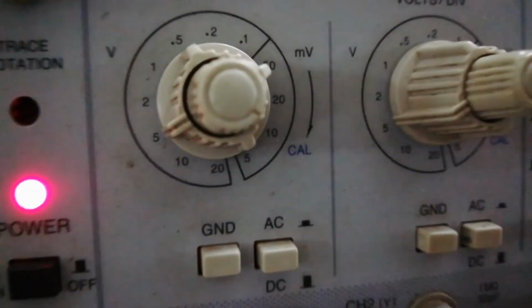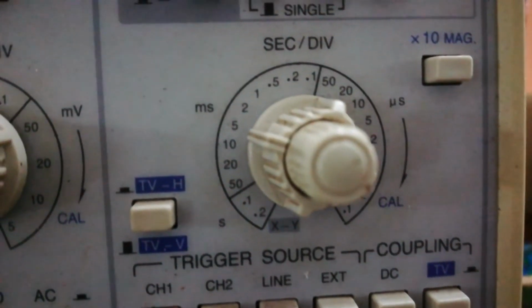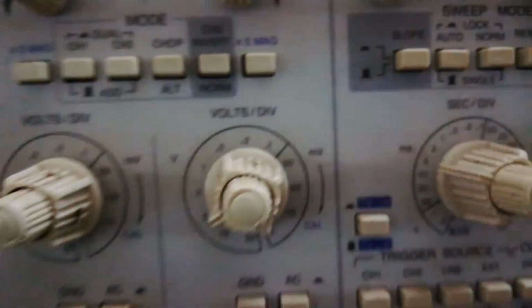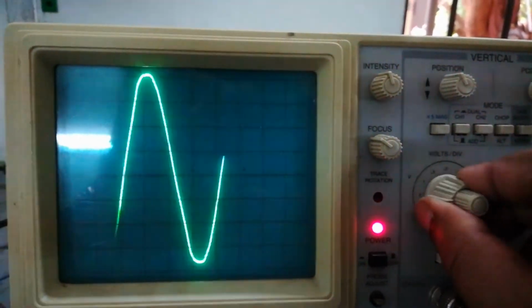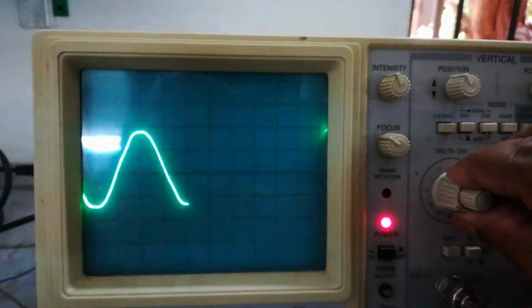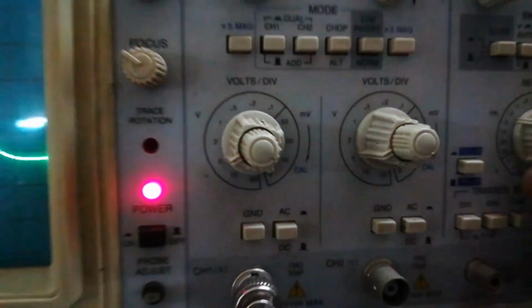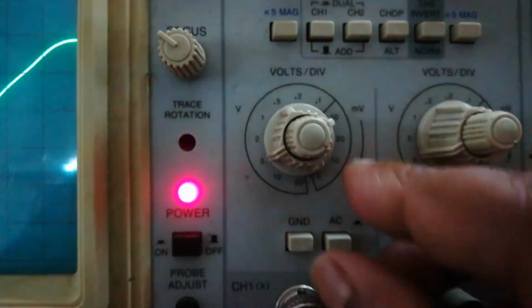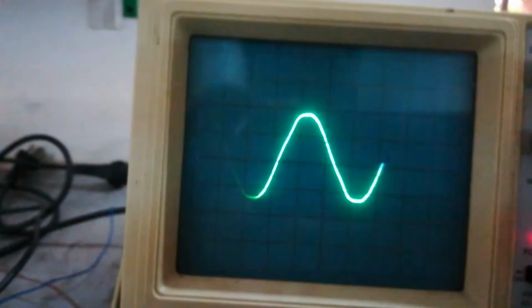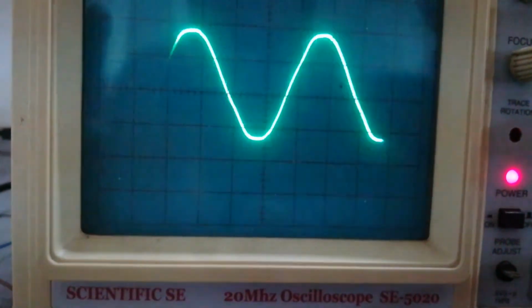If you have a look at the voltage per division knob, I have selected channel 1, it is 5 volt, and if you have a look at the seconds per division knob, it is 5 milliseconds. To analyze this signal, in channel 1 I have connected the signal, and whenever I vary the voltage per division, that will vary the y axis, and whenever I change the time per division or seconds per division knob, then the signal will vary horizontally. So by adjusting the amplitude knob, I can adjust the signal vertically, and by adjusting the time knob, I can vary the signal horizontally.